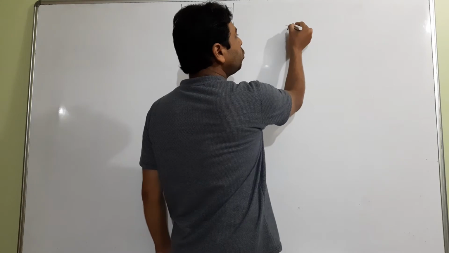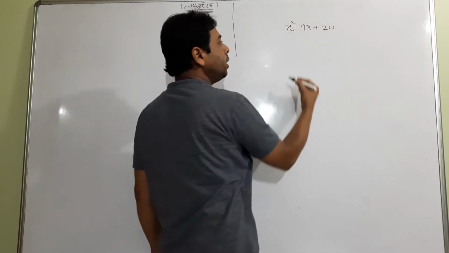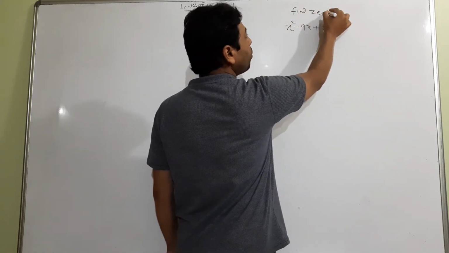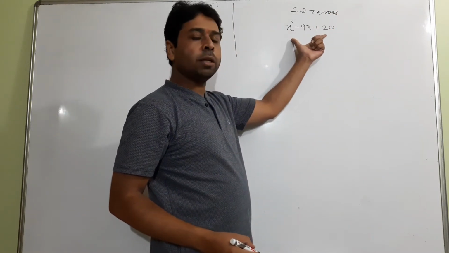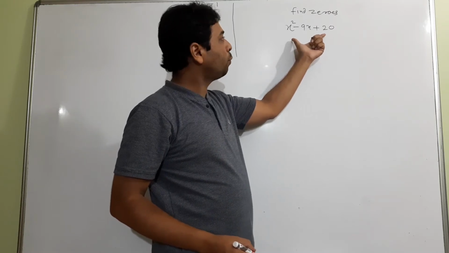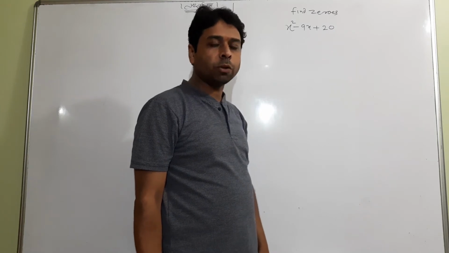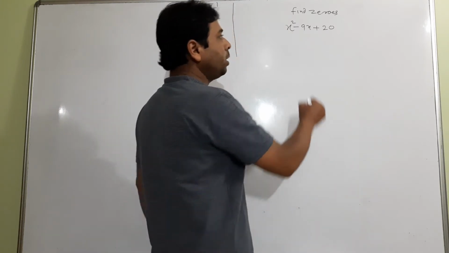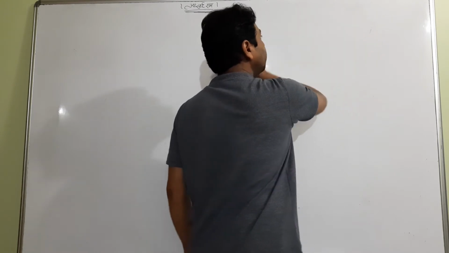It is our habit to go through the quadratic polynomial. It is very easy, and if I say find the zeros of the polynomial, it's very simple to factorize by middle term splitting. After splitting we get two factors, and one by one if we take them equal to 0, we can get the zeros of the polynomial. It is a quadratic, but if a cubic polynomial comes, what will happen?